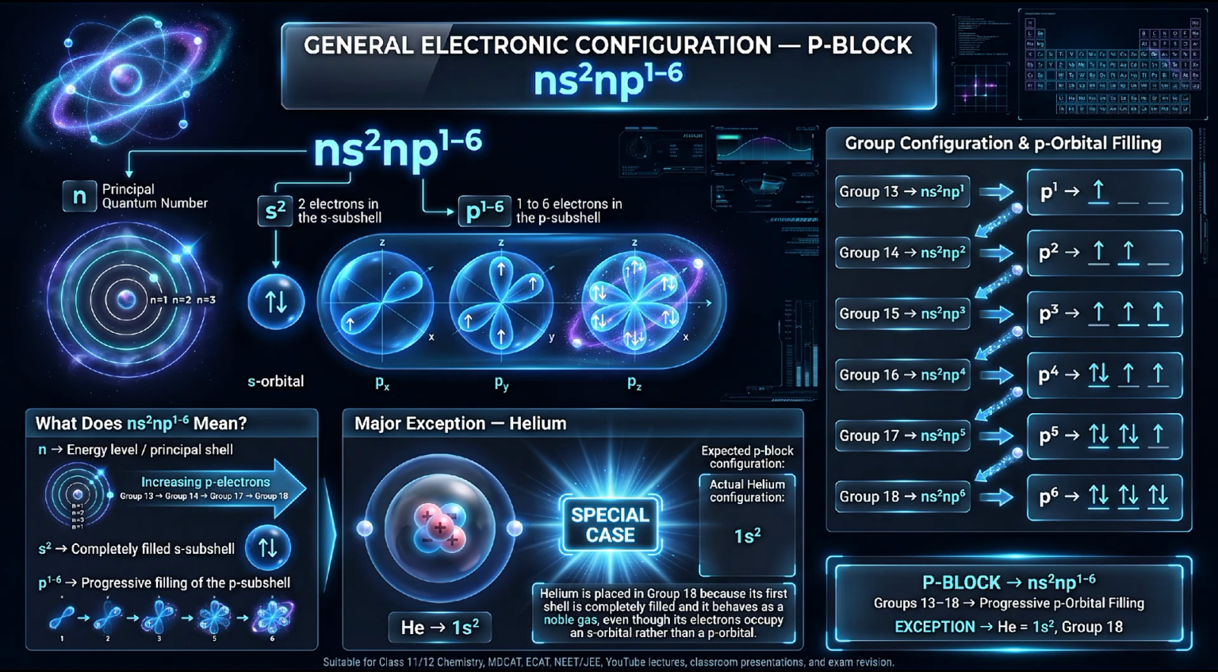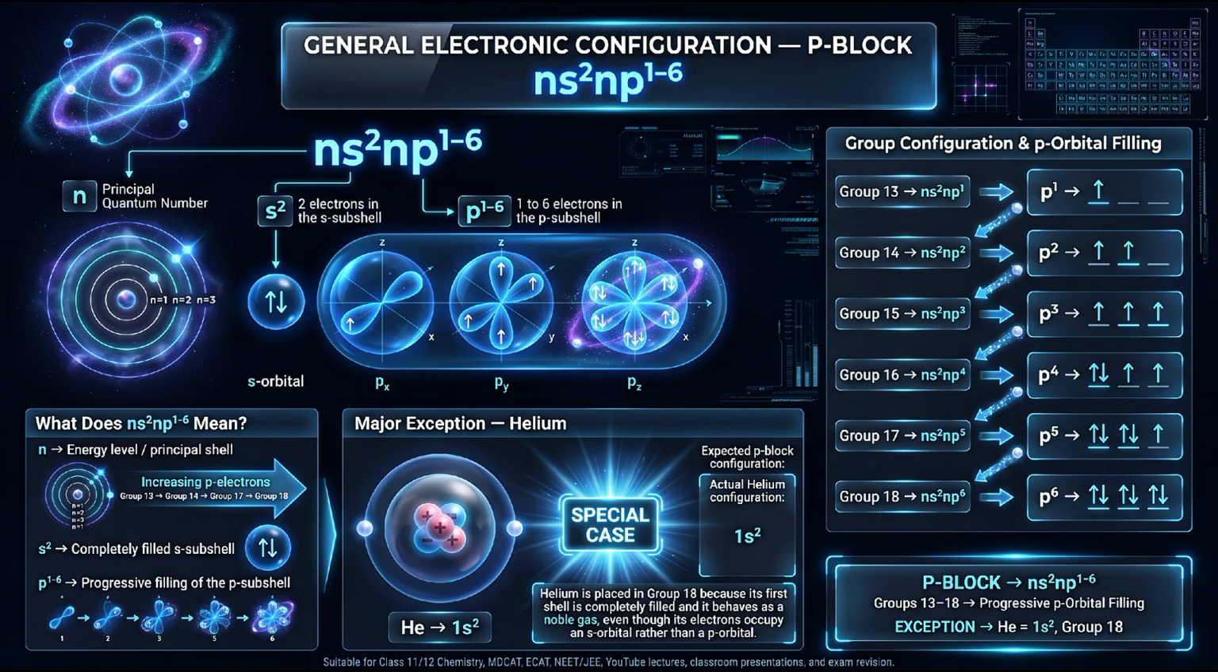across the p-block. The first example is group 13. Its general configuration is ns²np1. This means that there are 2 electrons in the outer s-subshell and 1 electron in the outer p-subshell. Therefore, group 13 elements generally have 3 valence electrons: boron, aluminium, gallium, indium, thallium, and nihonium belong to this group. The important point here is that the differentiating electron enters a p orbital, which is why group 13 belongs to